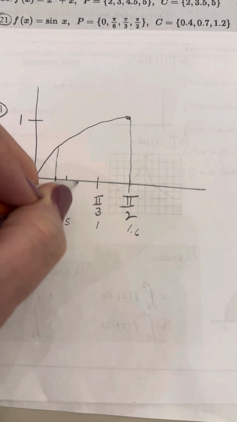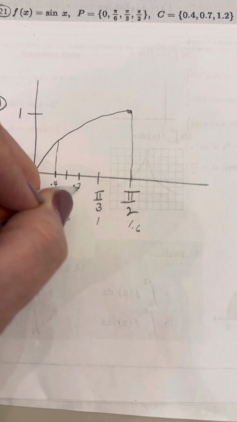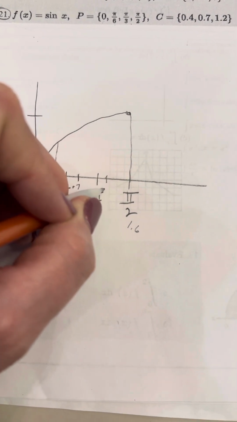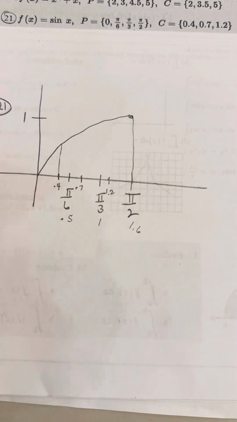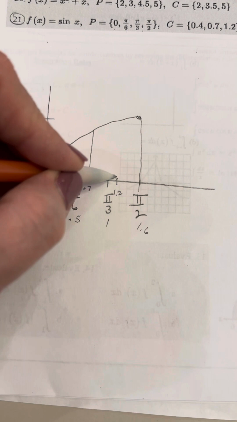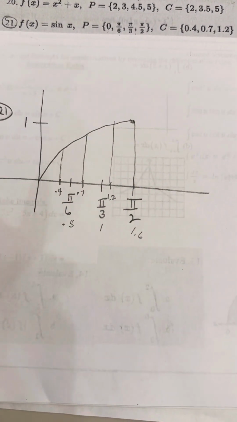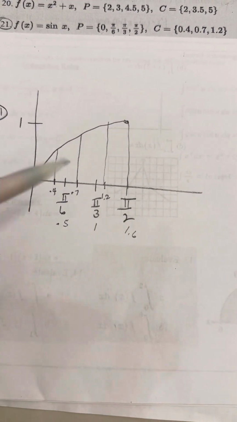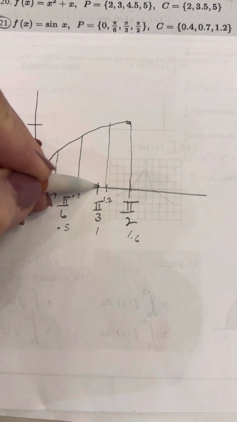So 0.7 might be about right here. 1.2 would be somewhere like right in here. And so the corresponding heights are going to go up from there and up from there, okay? So how we already separated it, we could go ahead and draw these straight up. Okay, it's hard to draw while I'm holding my phone, hold on. Okay, so if I was to draw that straight up and that one straight up, okay, I actually have drawn